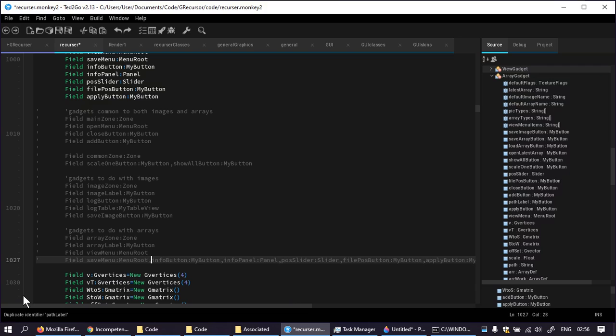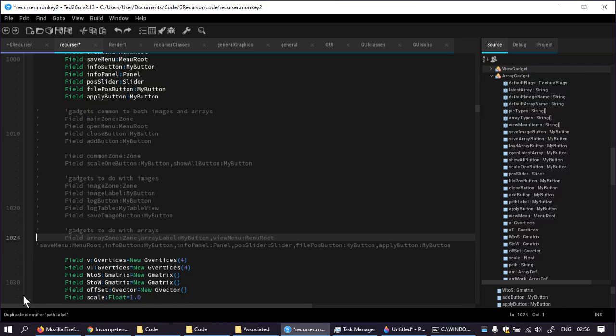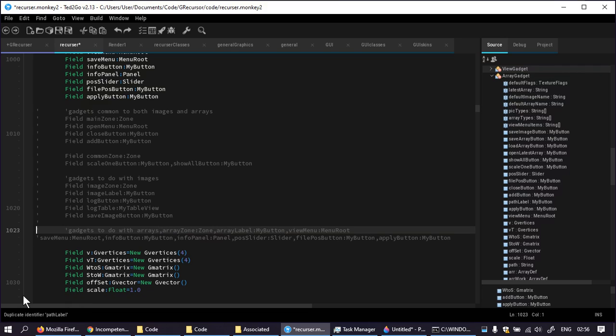Inevitable, getting down to business of actually defining all these gadgets. What I'm doing here is trying to make a little list of them so that I can have it at hand as I